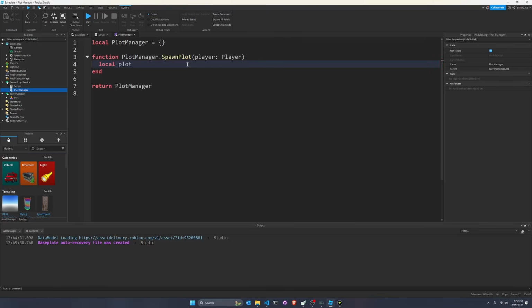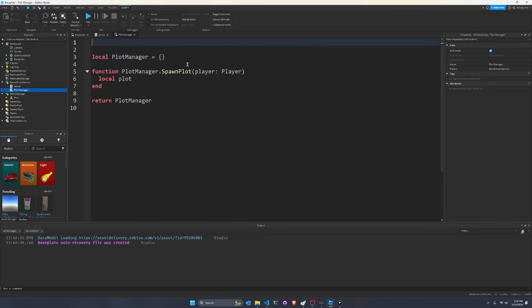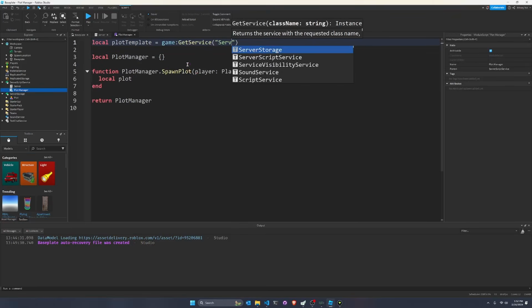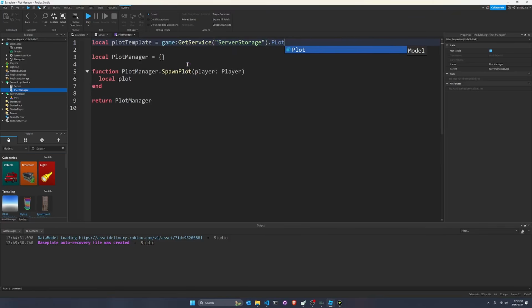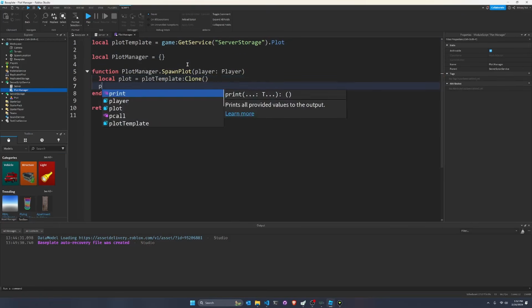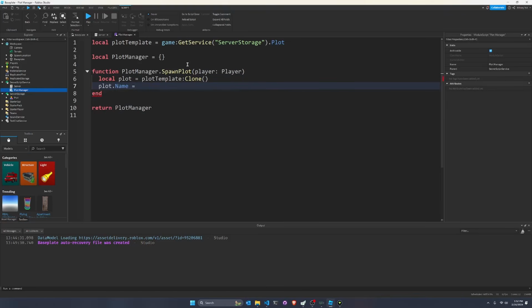So we're going to create a plot. We're going to say local plot. Well, we need the plot template that we made. So we're going to say local plotTemplate equals game:GetService ServerStorage dot Plot. There you go. So that's our plot template. And we're going to say local plot equals plotTemplate:Clone. So we're going to clone our plot template,